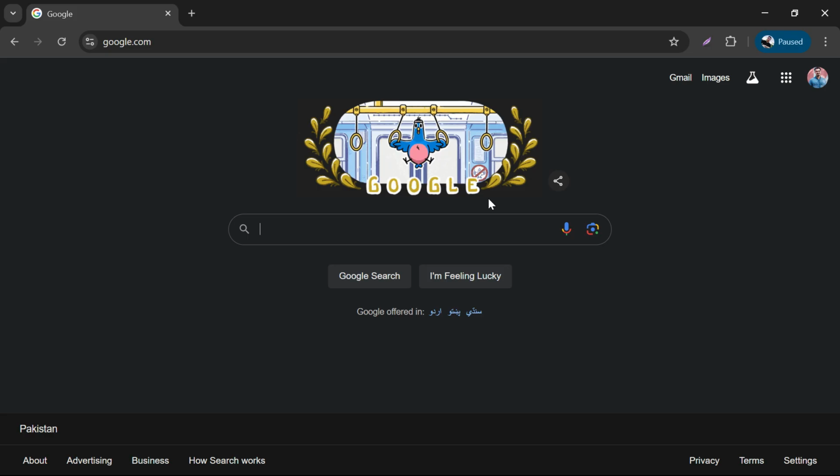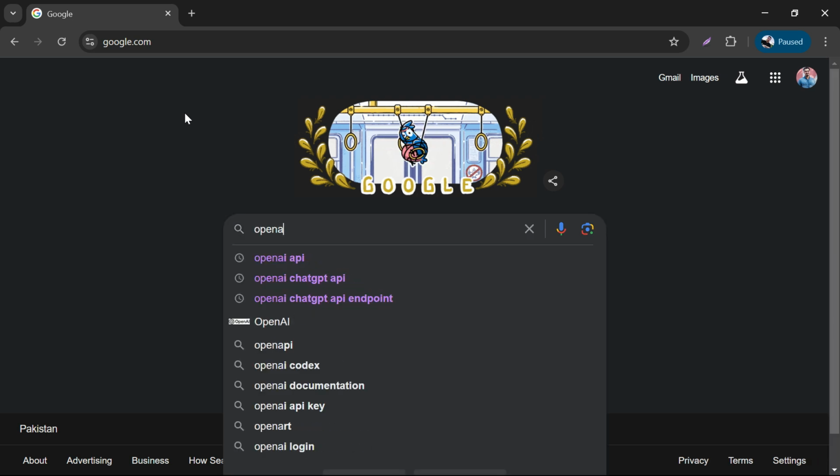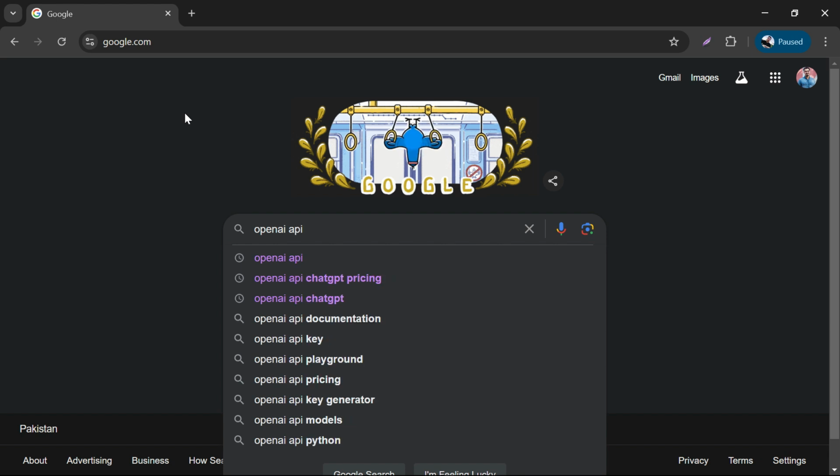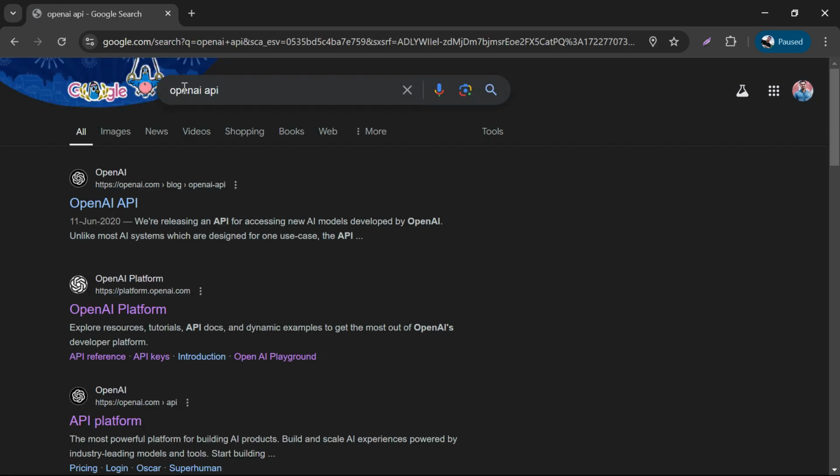So let's get started. As we know, for this purpose we are going to talk about OpenAI. So we'll say OpenAI API. All you have to do is just Google OpenAI API. By the way, OpenAI is the parent company of ChatGPT. So we are going to use the API of OpenAI. So this link that says